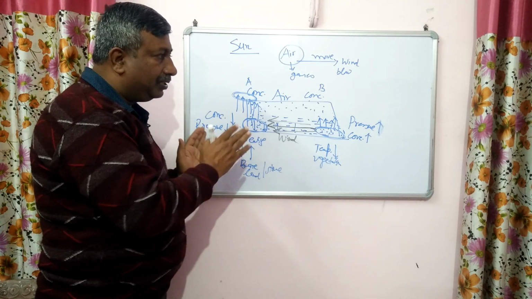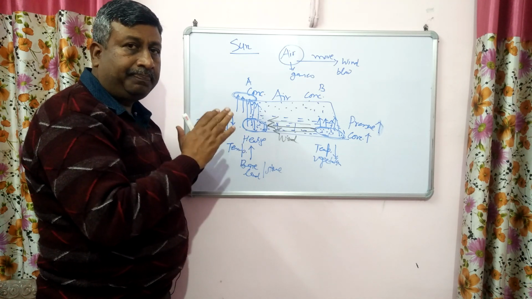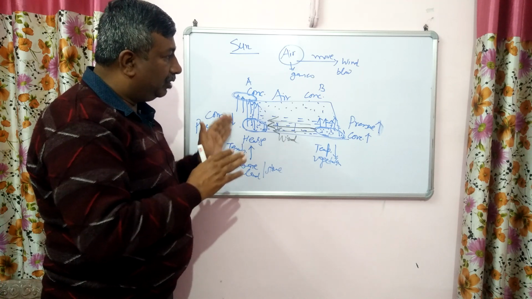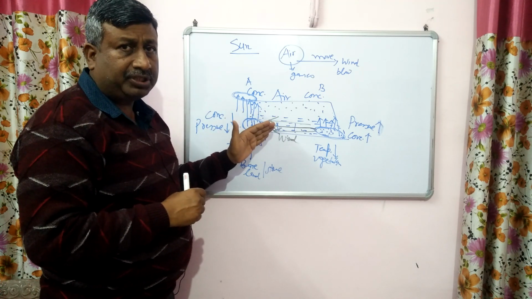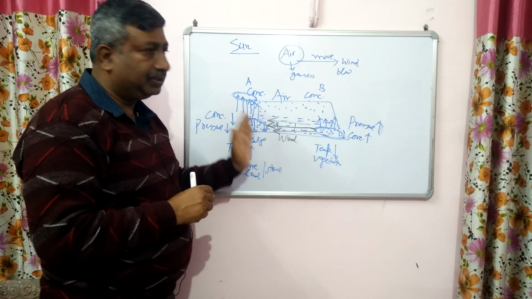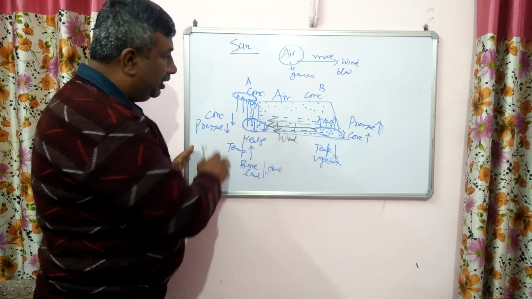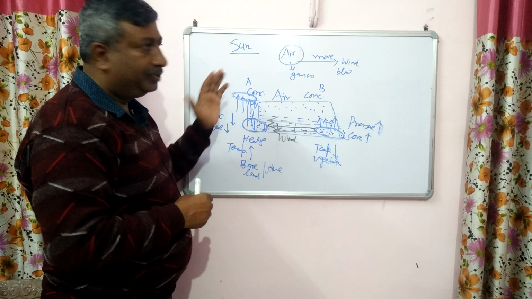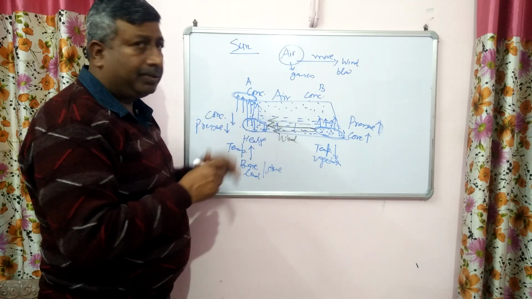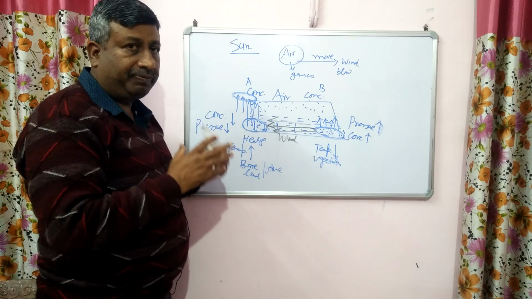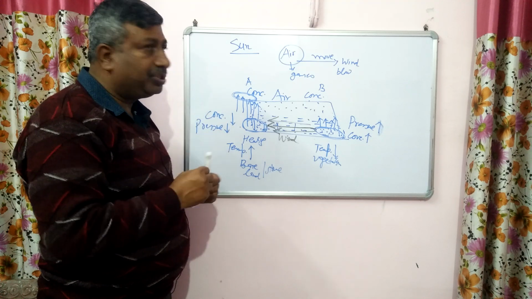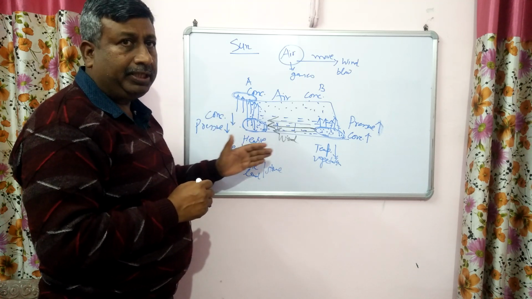Why is it so? So this process is known as diffusion. So why does this process take place? Simply to maintain the concentration or to maintain the pressure. Now what is the role of the sun in this process? So the sun is the source, or we can say the factor responsible for this movement is the sun.